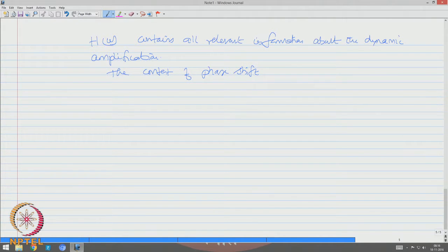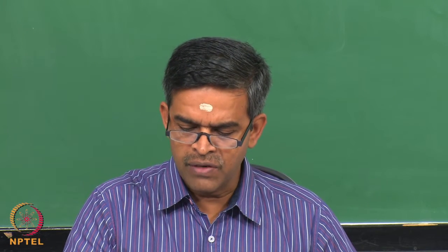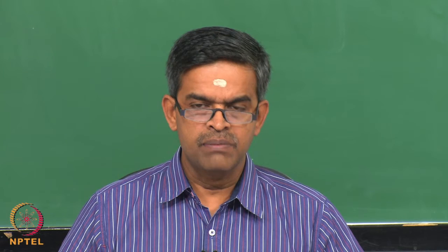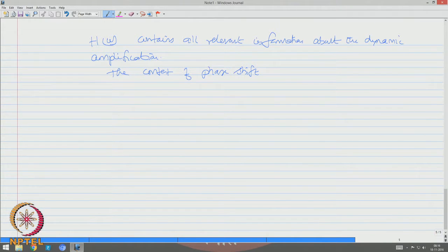There can always be a possibility that the response is of a different phase, phase lag or phase ahead of the forcing function. So, we must introduce some component of phase shift in bridging the response and the frequency. The content of the phase shift, which is represented by phi, can now be included